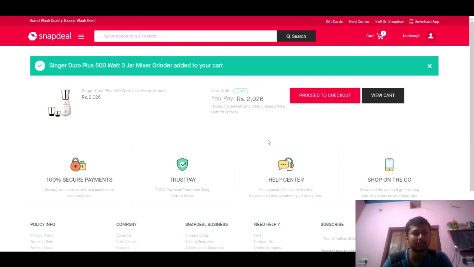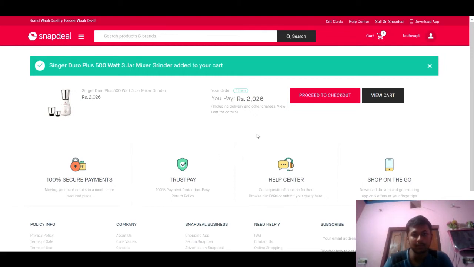If this grinder is a kitchen appliance, it may show you items that may come in handy in the kitchen, maybe a bowl or a knife, anything. So you have to check for that. Is there any option available?